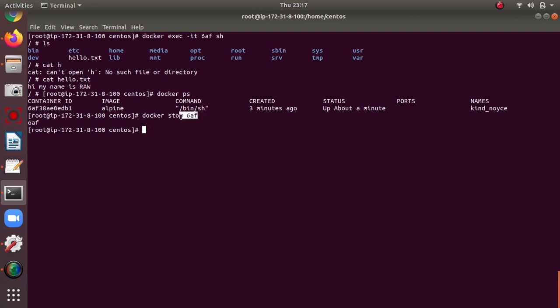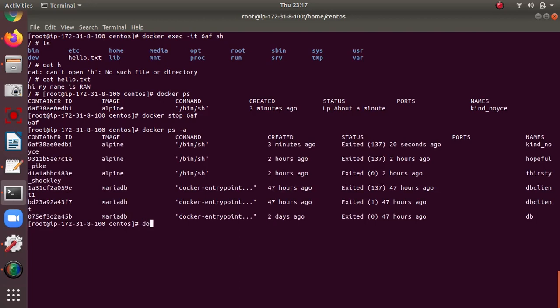So I am going to remove all the containers residing here. The command is docker container prune.